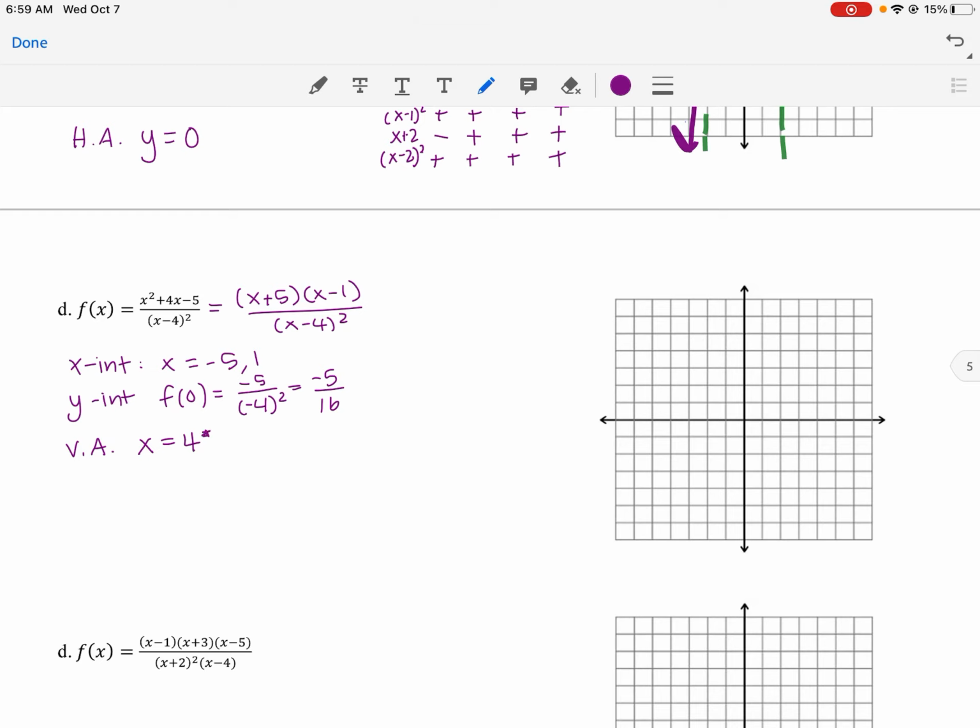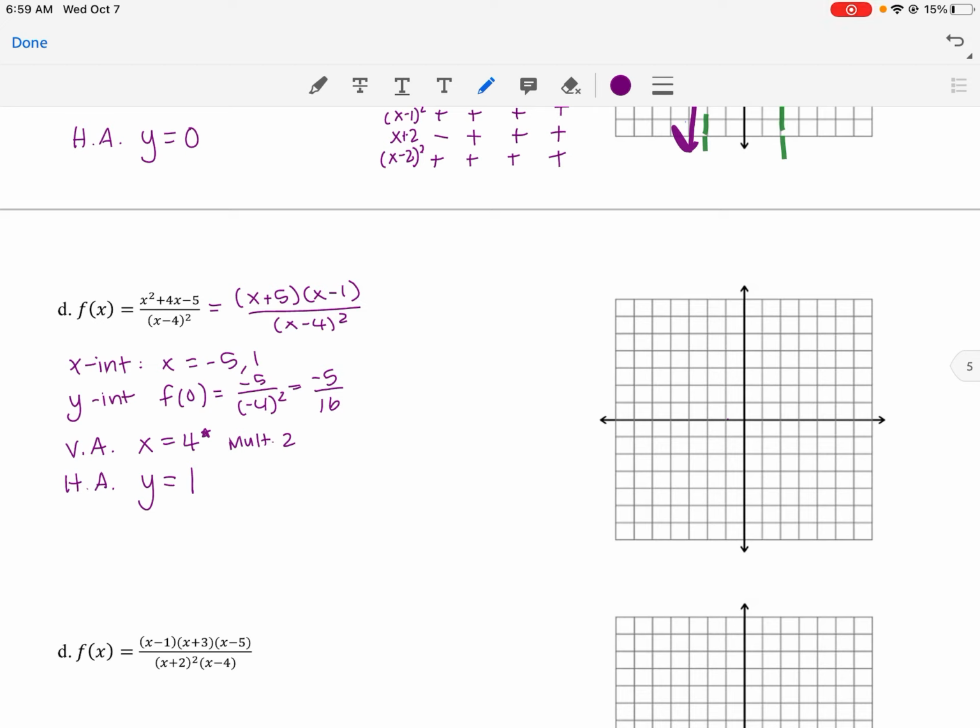I am going to put a little star, right? This has multiplicity 2, so it's going to look a little different on the graph. And our horizontal asymptote, since the degrees are the same, we're going to divide the leading coefficients, which is 1 divided by 1. Okay, so if I go ahead and plot this,